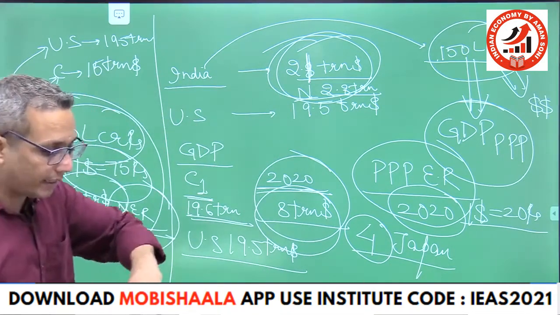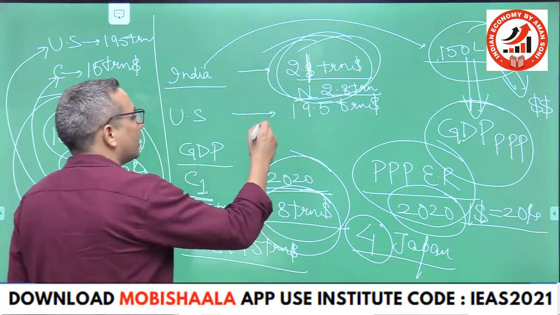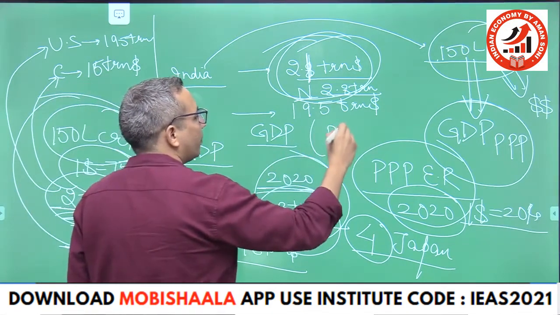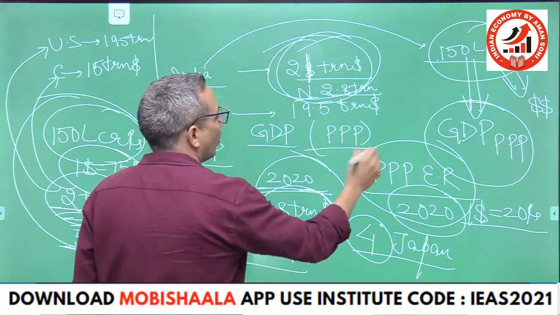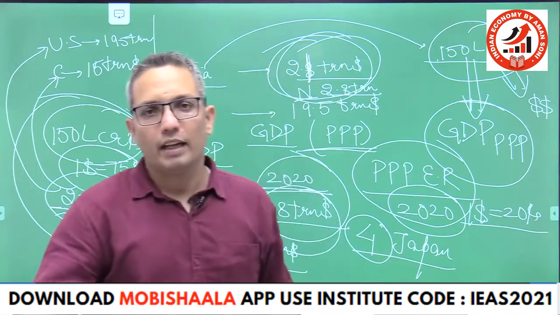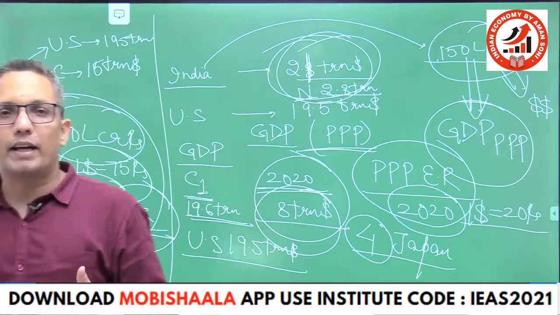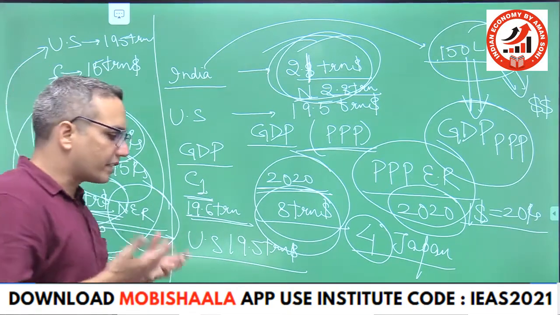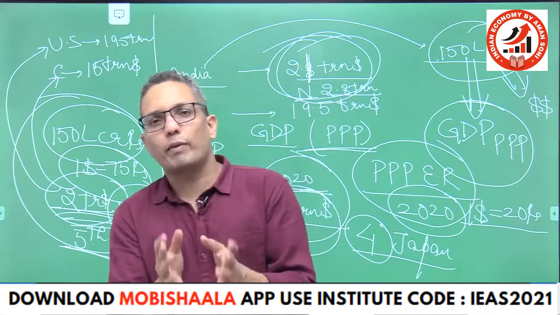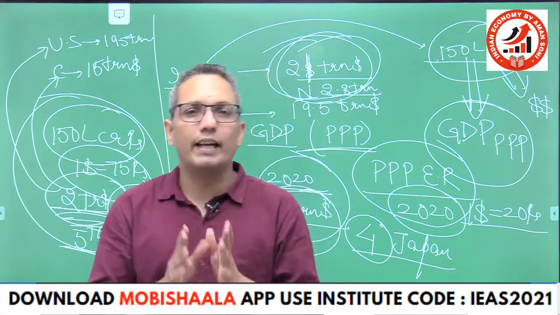So whenever you see any article regarding GDP at PPP, it would say India's GDP is this much at PPP. Alright. So this is how we are calculating GDP at purchasing power parity. This is the concept of purchasing power parity, where we compare the purchasing power of two currencies used to buy the same basket of goods. Now here we are comparing two currencies, India and dollar.